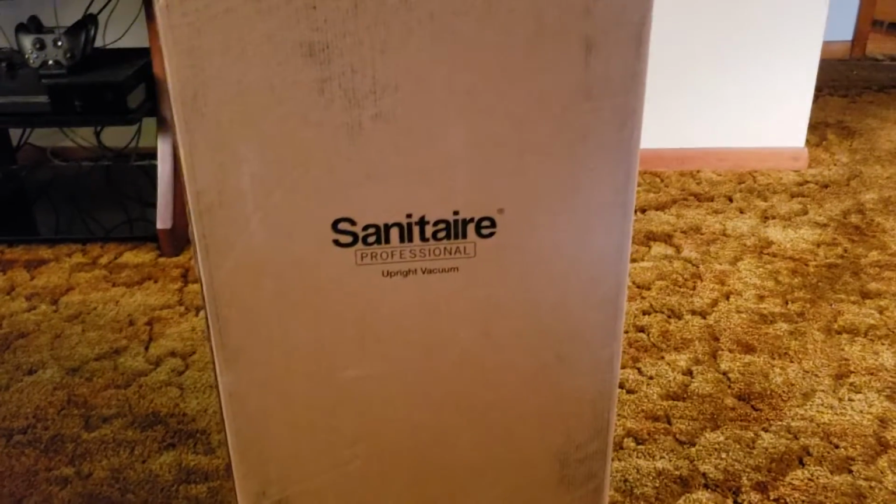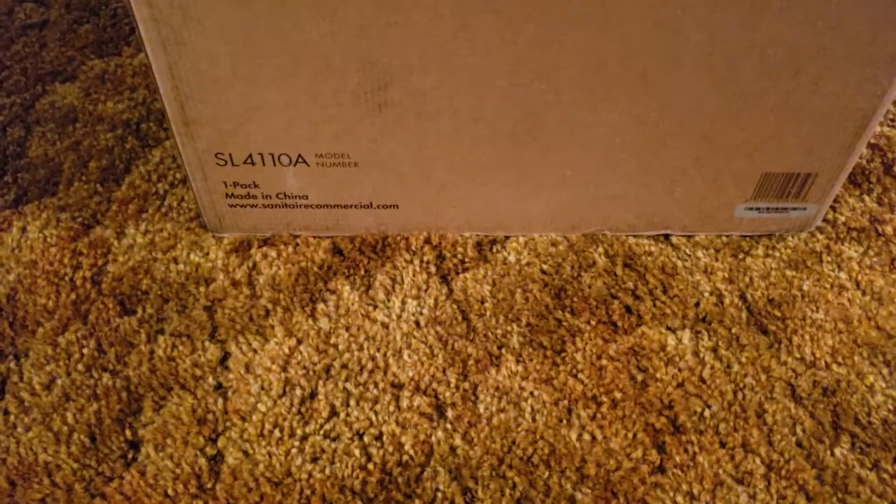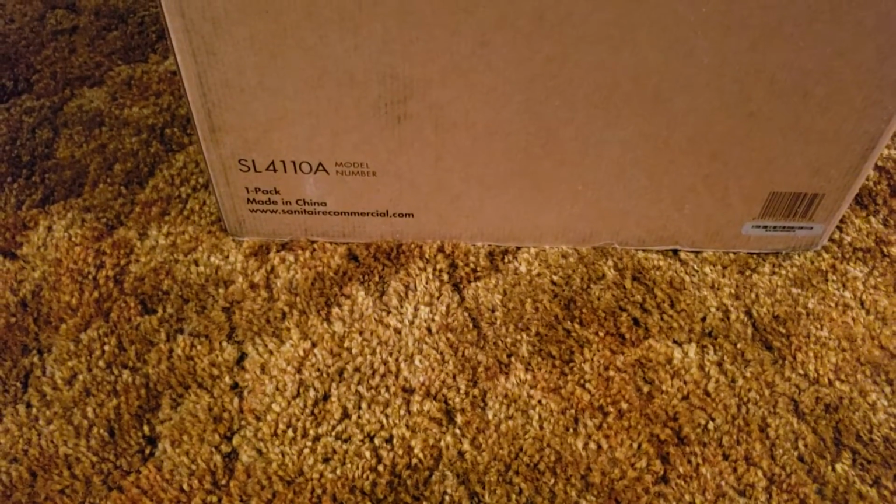Okay, so this is the Sanitare Professional Upright Vacuum. Yeah, very descriptive, isn't it? Pretty plain box. It says 1 pack, so presumably they sell these in multiple packs, like they're,